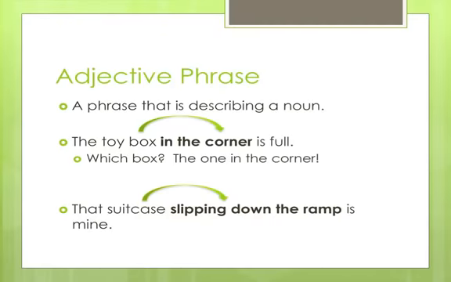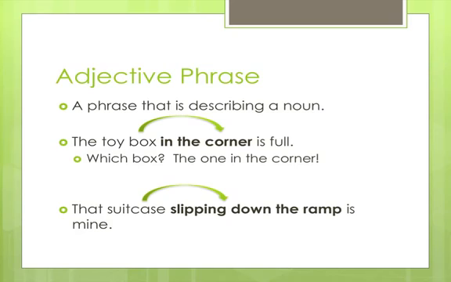And so now we look at this and we say, how are these phrases being used in our sentences? One way they can be used is in an adjective phrase format. And so here, this is where that group of words acting as a unit takes on the power of a single part of speech. In this case, the phrase takes on the power of an adjective. And so if we remember correctly, adjectives describe nouns. They give further information about a noun. So here's an example. The toy box in the corner is full.